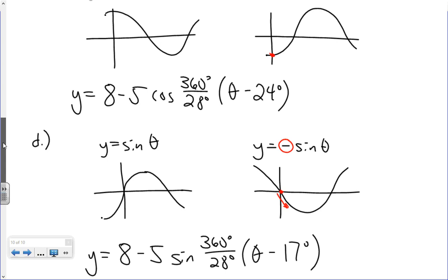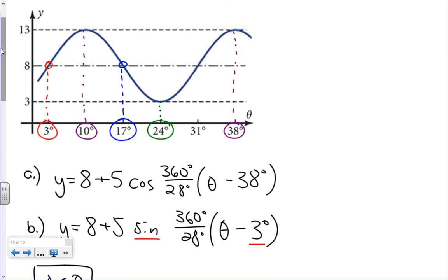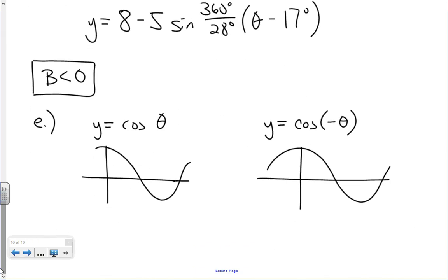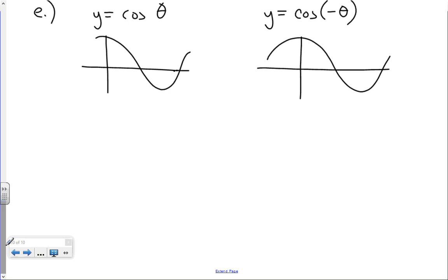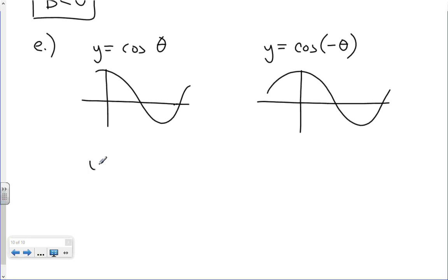Let's go refresh our memory, I guess, as to what our phase displacement was for that. That was the 10 degrees then. That's this guy right here. If I do a horizontal reflection of this function, it's the same as the original, which means that I can use the same phase displacement of 10 degrees. So I still will have a slight variation in the equation because I'm making b negative. But it's going to be y is equal to,